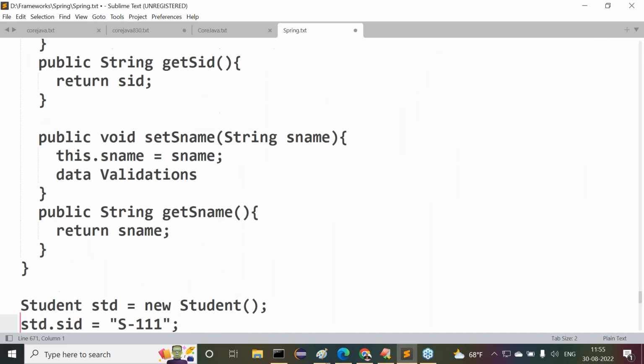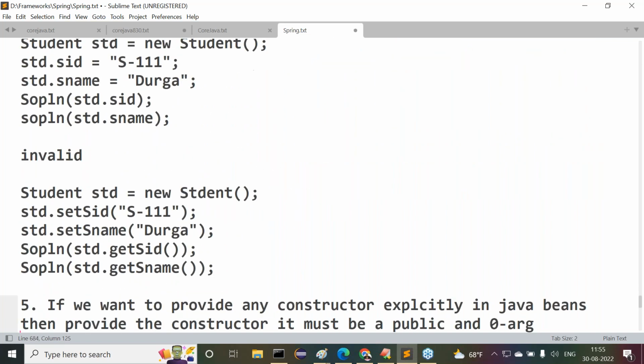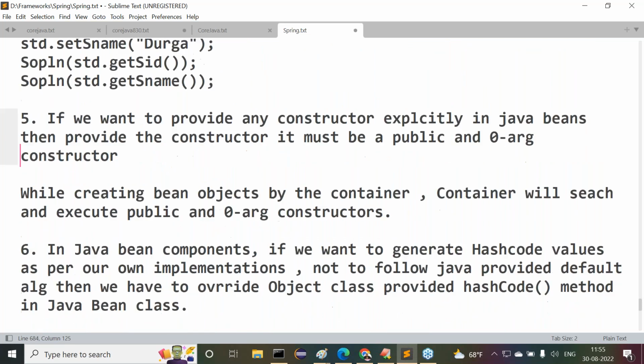That's okay, nice. Then after completion of this, what is next? Constructors inside the Java bean classes. If you want to provide constructors inside the Java bean classes,